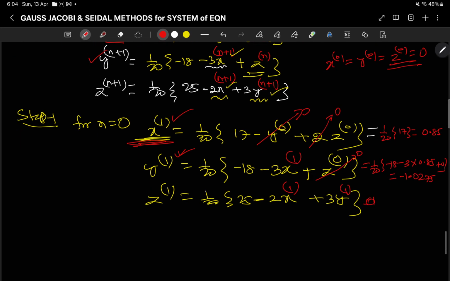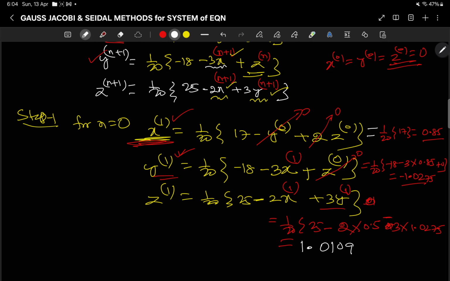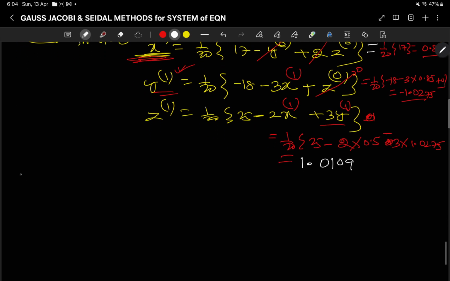So now these two values are improved here. So this is my 1 by 20, 25 minus 2 times the improved value of x, which is 0.85, okay, plus 3 times the improved value of y, which is minus 1.0275. If I simplify it, this will give me 1.0109. Okay. So accordingly, coming to your step 2,